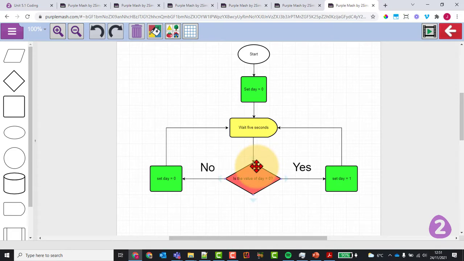Well, no, this time it's a 1. So we go around the no route and we set it to 0, come back, wait 5 seconds, and then we check again, is the value of day 0? Yes, it is this time. And so we just go around. So it's sort of making a flip-flop, but having this kind of flowchart and maybe writing the zeros and ones